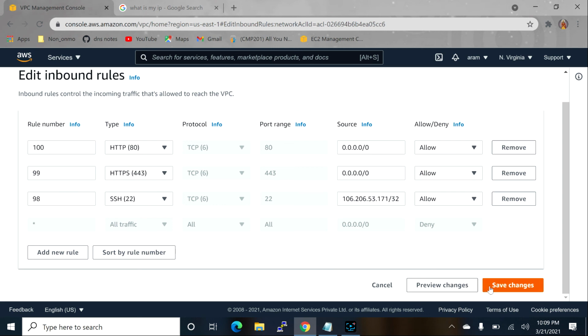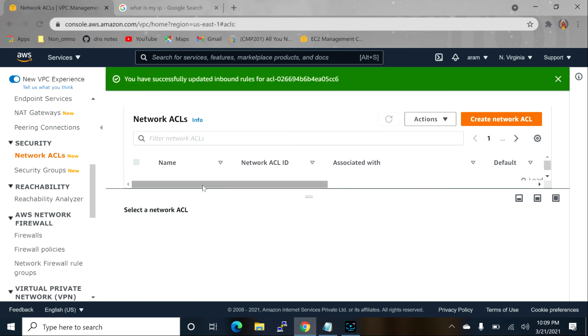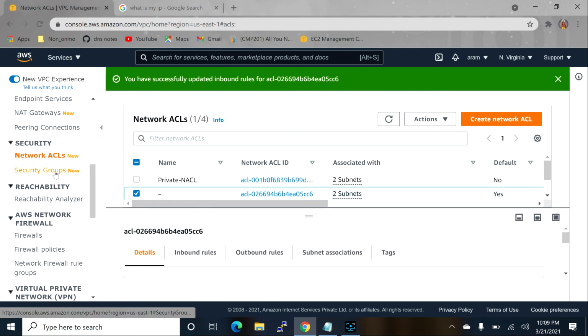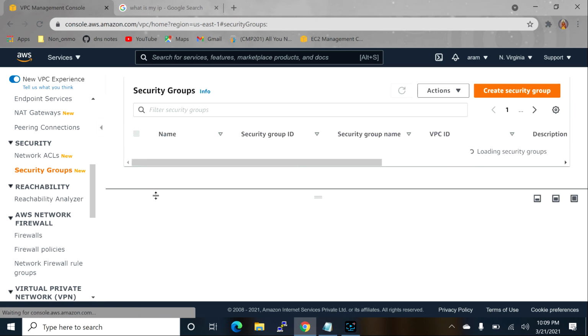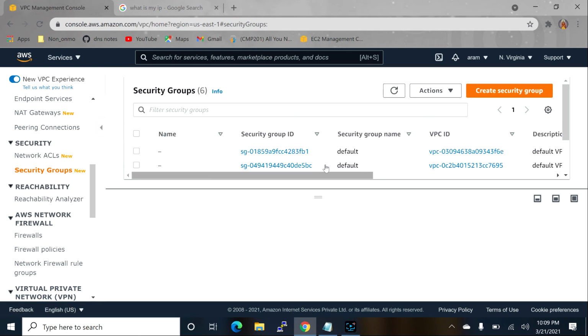Okay, so save changes. And go to security groups. This is interface level. By default, one security group is created when you create the VPC, and you can define another security group.